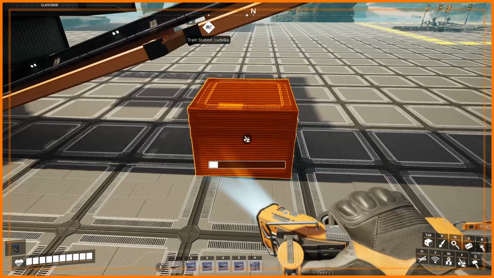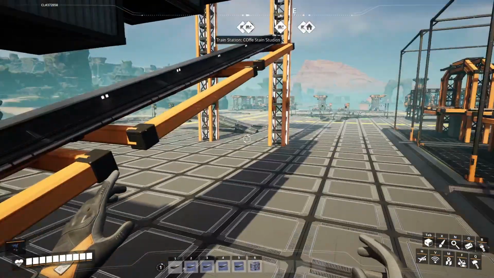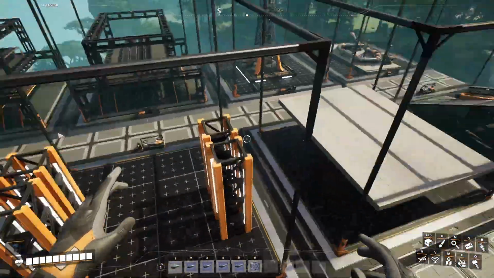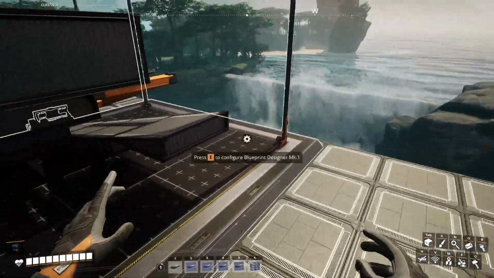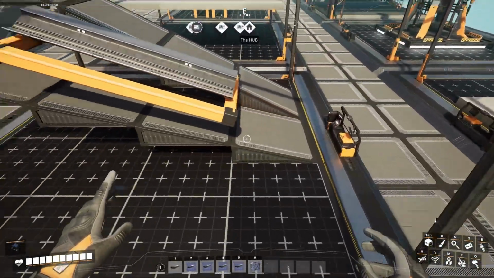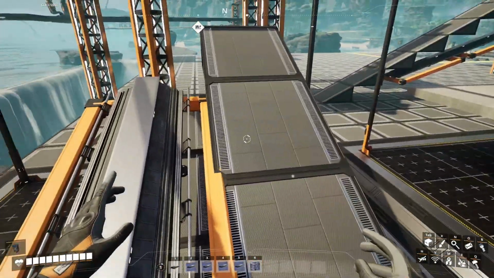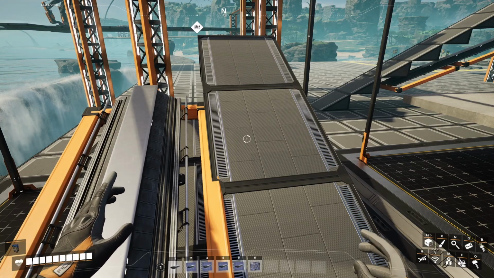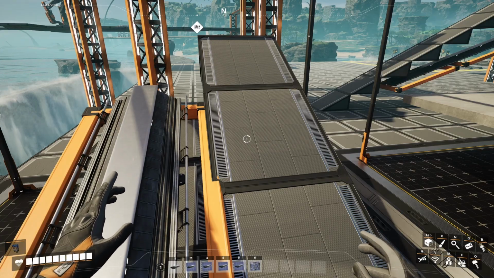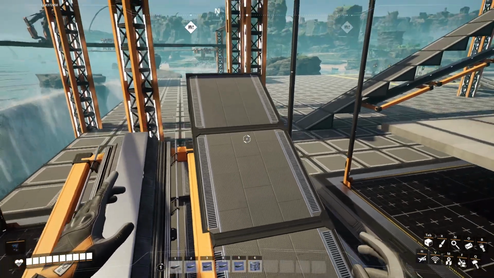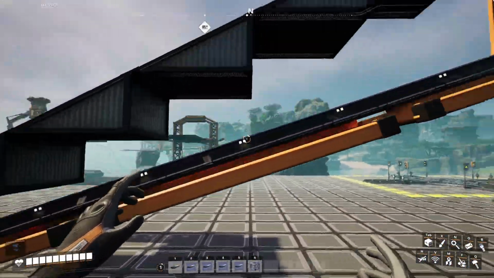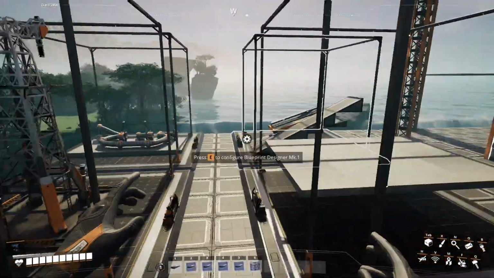So it's not necessarily very user friendly, but it is for those people who are like, oh, I need this slope to be steeper. I need to, whatever. Because I'm one of those people, and I don't like that we only have the 2 meter foundation normally to go up with, and I don't necessarily want to have to mess with making spirals and stuff like that to reach heights without using a lot of horizontal space with trains. So this for me is a really fun blueprint to have made and to have found,